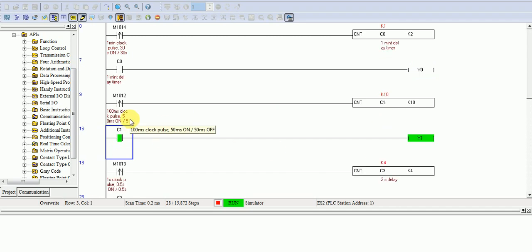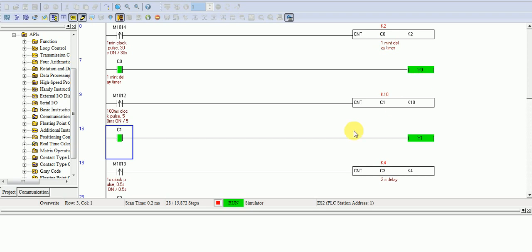So you can make any custom timer by using simple counters. Just wait and you will see it gives K2 after completing 1 minute. After the value is completed it will turn on. You can see it on. It gives a 1 minute delay.